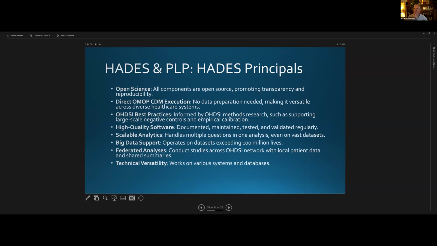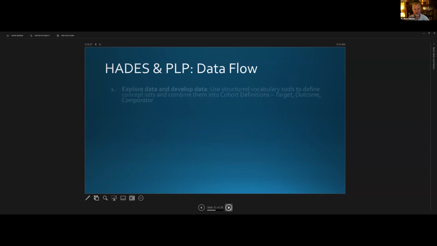The pronunciation of OHDSI is Odyssey. And unfortunately, we kind of saddled ourselves with having everything have some sort of reference to the Greek epic narrative, the Odyssey. So all the different acronyms within the community have this Greek reference, including the overarching set of principles and support for open source methods and tooling development, which goes by Hades. So those are some of the principles applied in Hades.